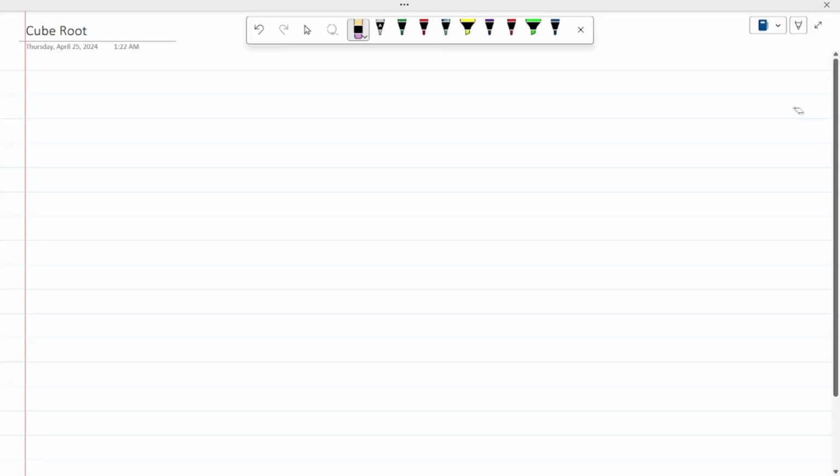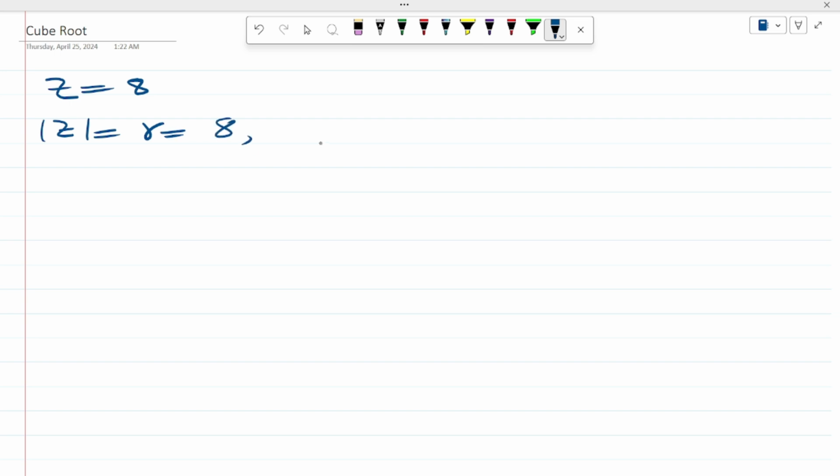Okay, now let's find out the cube root of a complex number. For that matter, let me take an easy example. Let's say I have a complex number, z is equal to 8. Let's convert this into polar form at the first place. Its length is 8 and the argument of z is 0. We know the standard procedure. What is that? That is,